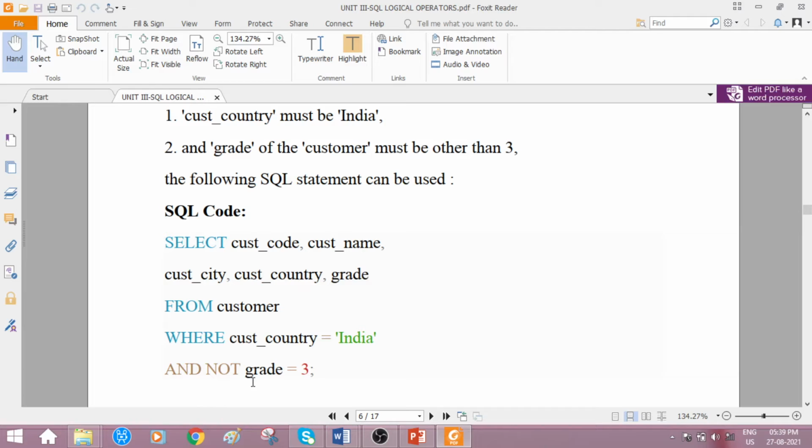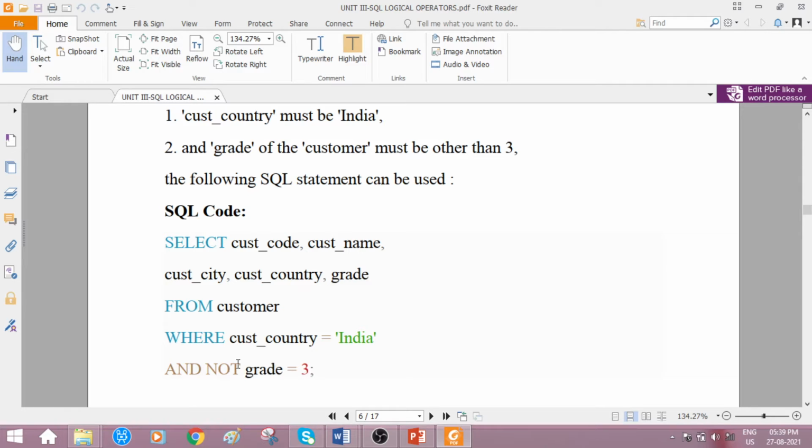Okay, so what they have told is not equal to 3. In the previous example we showed grade with the not equal to symbol, right? They have told you to use the NOT here, logical NOT and AND. So this is how you can make use of it. Following the equal value, grade equal to 3 is going to return a true value.